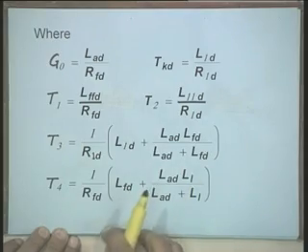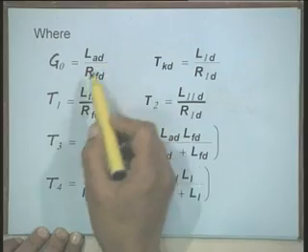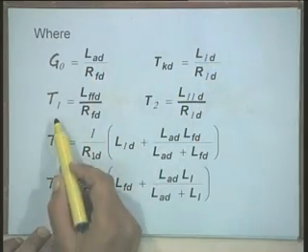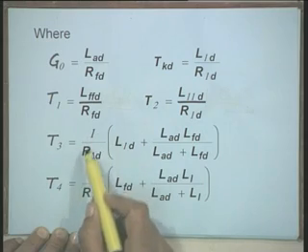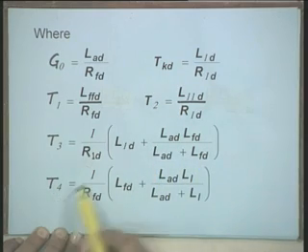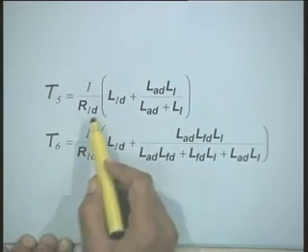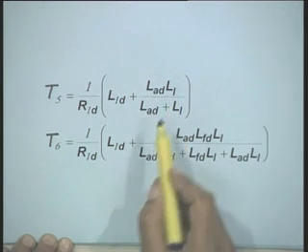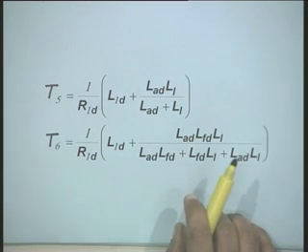Then these constants which are shown in this equation are related to the fundamental parameters of the synchronous generator by these expressions, that is GO equal to LAD by RFD, TKD is LFD by R1D, T1 equal to LFFD by RFD, T2 equal to L11D by R1D, T3 is 1 upon R1D multiplied by L1D plus LAD LFD divided by LAD plus LFD, T4 is 1 upon RFD (LFD plus LAD into LL divided by LAD plus LL), and T5 as 1 upon R1D multiplied by (L1D plus LAD LL divided by LAD plus LL), and similarly T6.